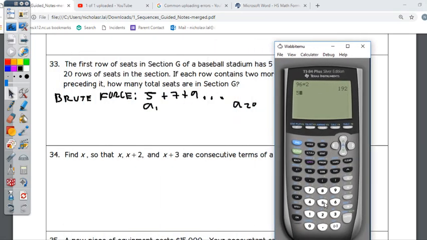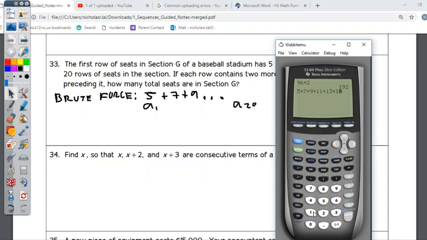You can do 5, first term, plus 7, second term, plus 9, third term, plus 11, fourth term, plus 13, fifth term, plus 15, 6th term, plus 17, 7th term, plus 19, 8th term, plus 21, 9th term, plus 23, 10th term, plus 25, 11th term, plus 27, 12th term, plus 29, 13th term, plus 31, 14th term, plus 33, 15th term, plus 35, 16th term, plus 37, 17th term, plus 39,